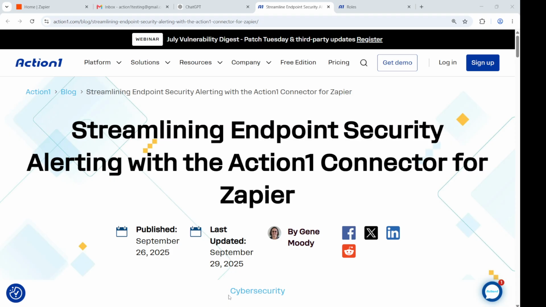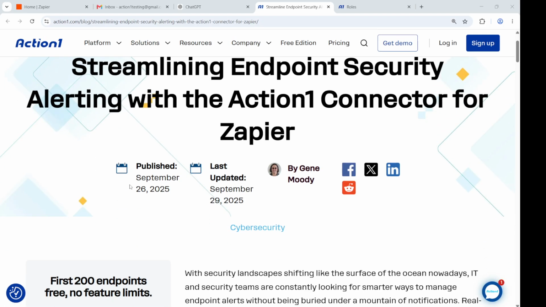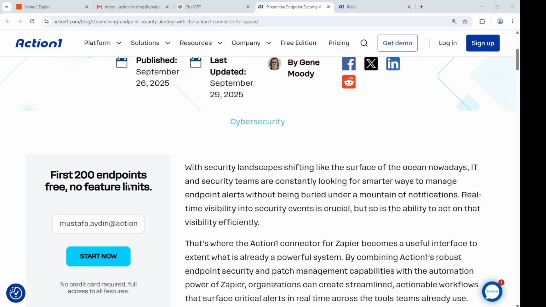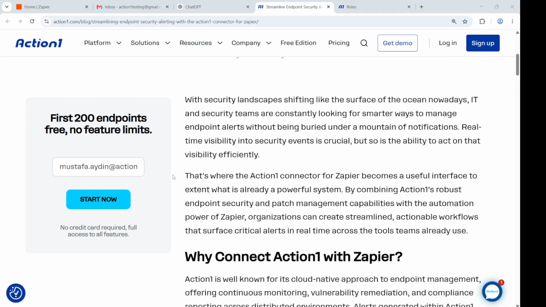I'm a solutions engineer here at Action1, and in this short webinar, I am here to show you how we can create an integration between Action1 and Zapier. Now, you can see right here on the screen that we already have some articles giving you this information, but the aim of this particular webinar is to actually give you some pointers to set up